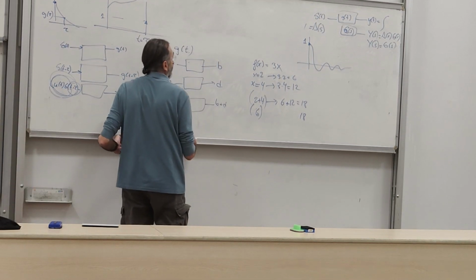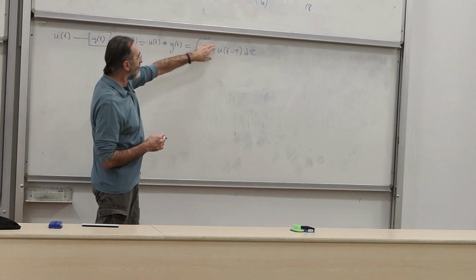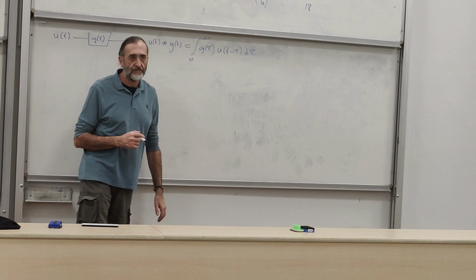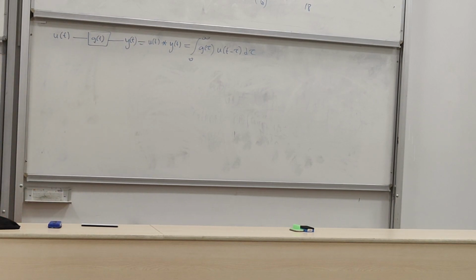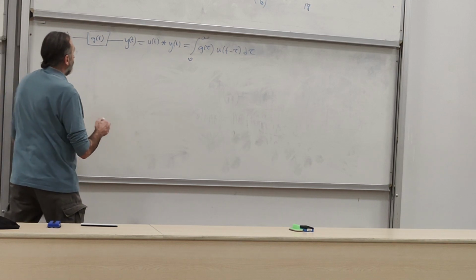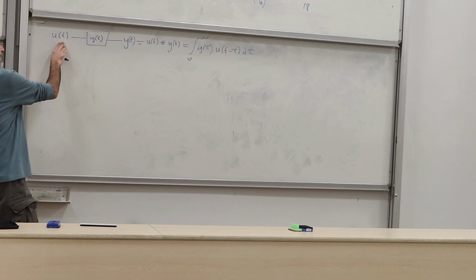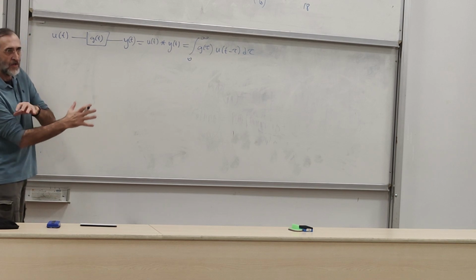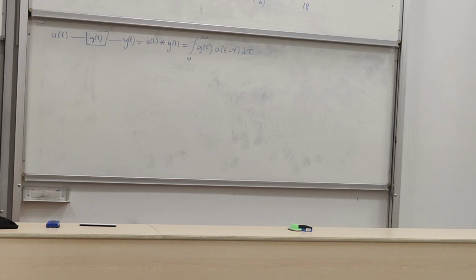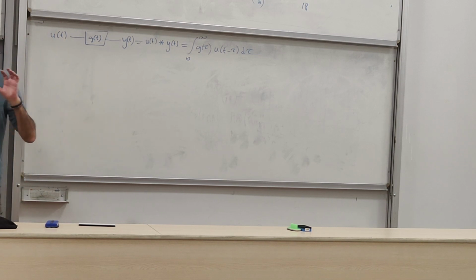That's why we're saying that the system has memory, because it's integrating the effect of all these inputs in time. That's why we say convolution means u of t going through g of t. All time, from the beginning of time to infinity. g of t, u of t going through.